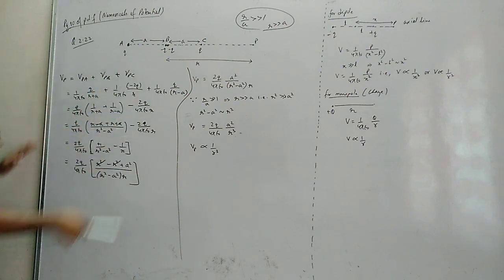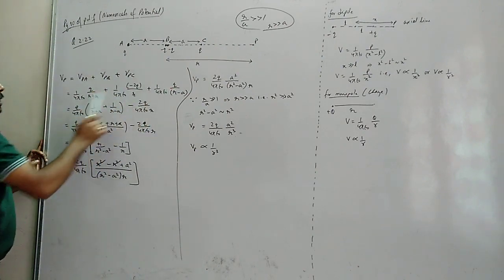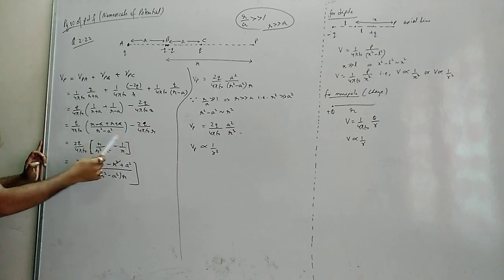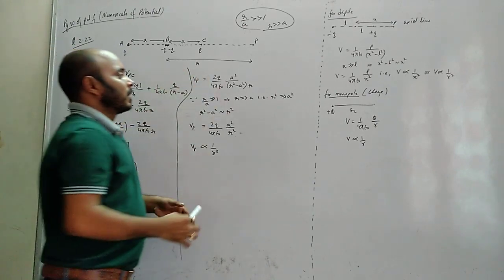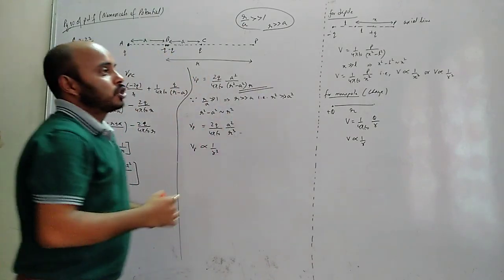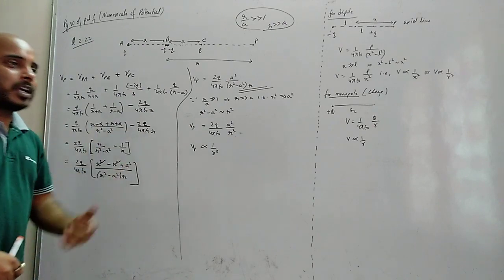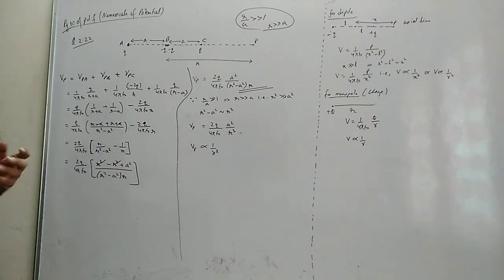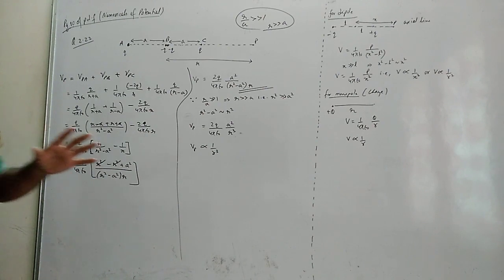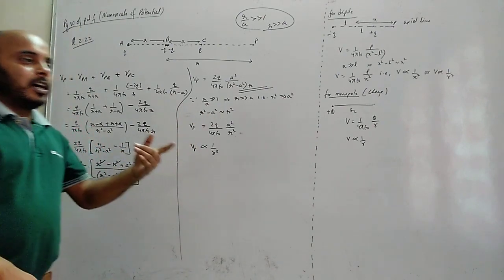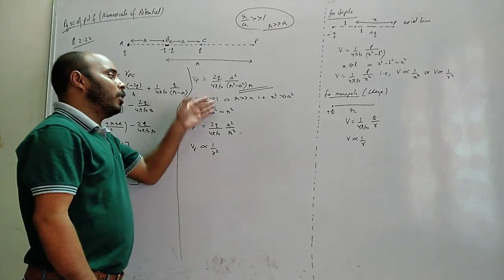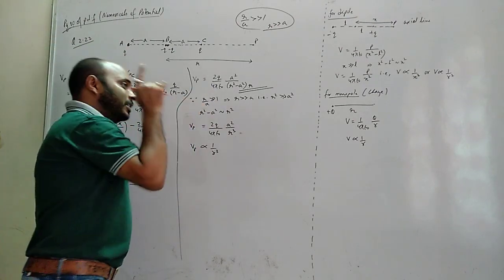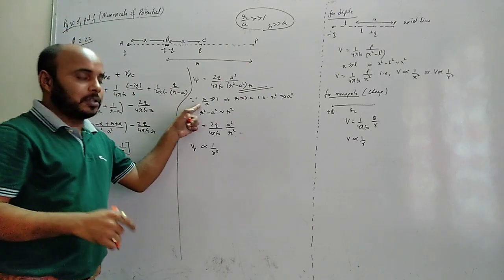Okay, now we solve it. Like terms keeping together and solving, then taking the LCM and taking out common. Solving part you can do, I hope so. After calculating everything till here, now we try to apply the short concept. In theory, whenever we talk about short dipoles, like x square minus L square, where x is greater than L, x square minus L square is similar to x square. We do the same thing here also because this is given to you in the question. If this was not given in the question, we cannot do this.